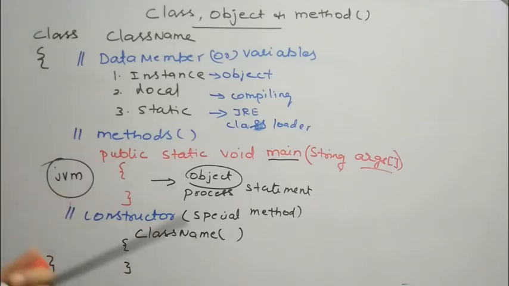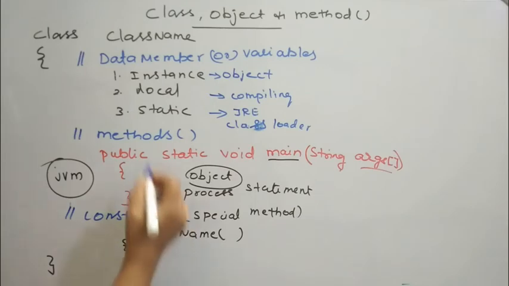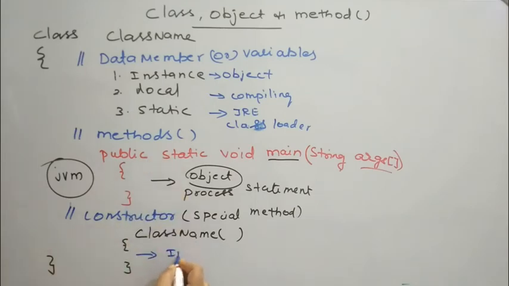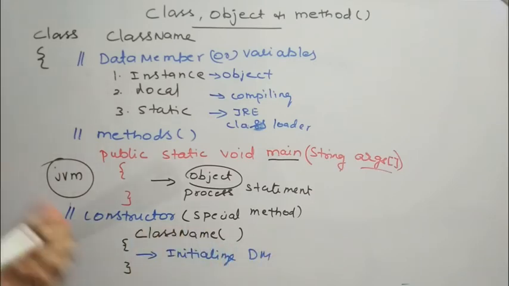Inside this constructor implementation, the main objective of this constructor method is to initialize our data members. Initializing the data members is the main objective of our constructor, and also the constructor is used when objects are being created. When objects of the class definition are created, these constructors are being used.